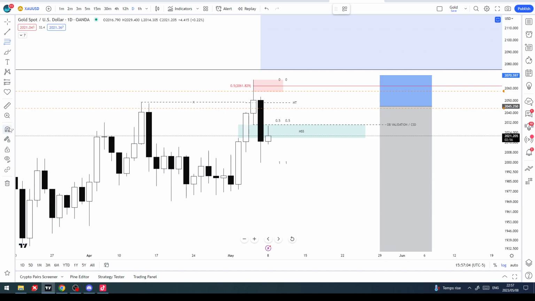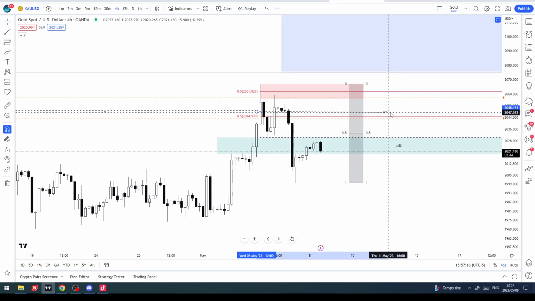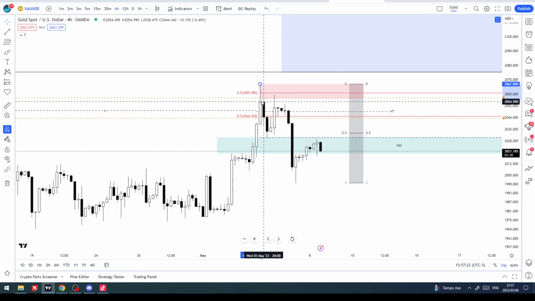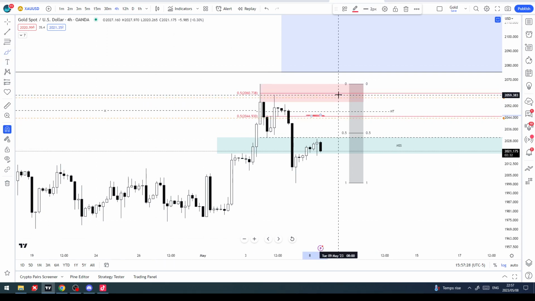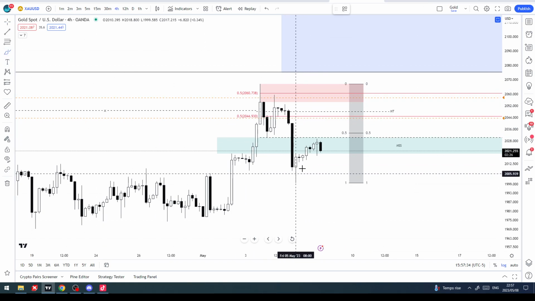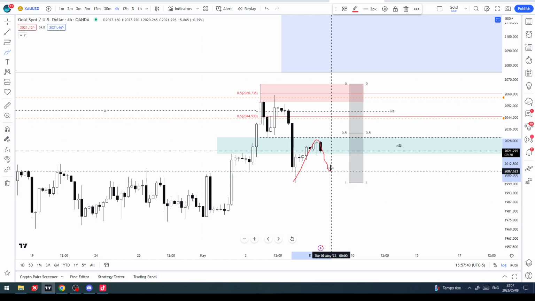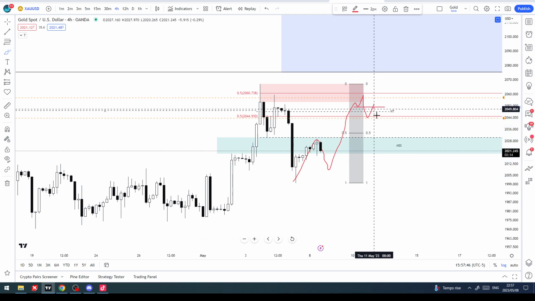So I'm interested again, if I take 50% of the bodies only of the candle that took the high there, switch down to a lower time frame. I'm interested in the mean threshold around here, as high as this rejection block or this wick here. So once price comes here, even as high as here, I'm looking for a change in the state of delivery, nothing blindly. So we come up here, we come down here, failure swing, we run for liquidity, we grab, we change the state of delivery, and we short it down.